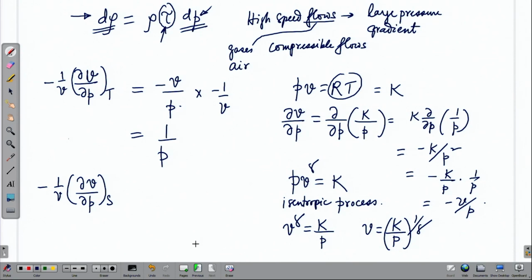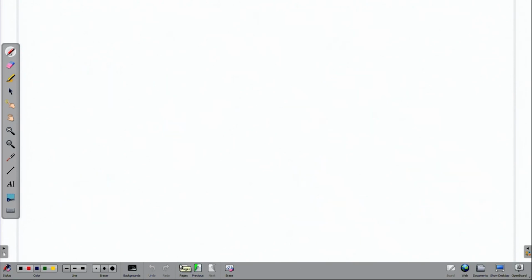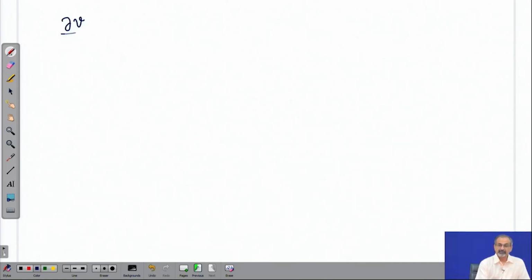So, gamma is the ratio of Cp by Cv, the ratio of specific heats. Now, when you work out the del V del P,